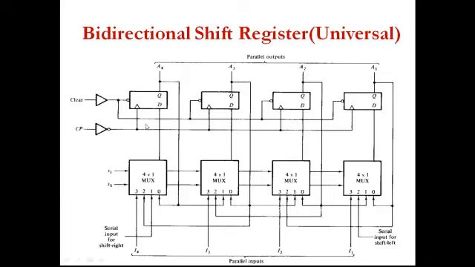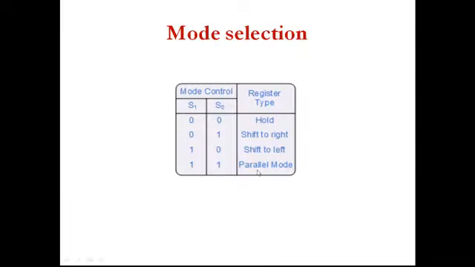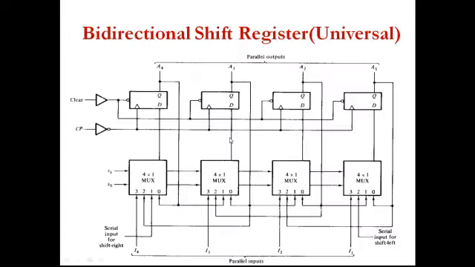No change condition in the sense the previous output will be retained; the D flip-flop will retain the previous state. So we are directly connecting the output as the input by giving it to the 0th line of the multiplexer. And the second configuration is 0 1, the shift right operation. Shift right operation in the sense that now it has to perform right shifting.